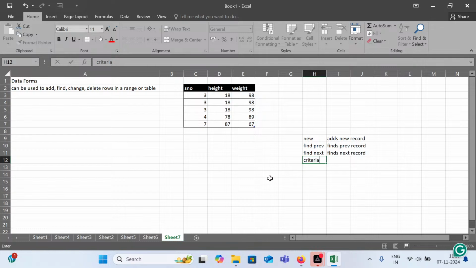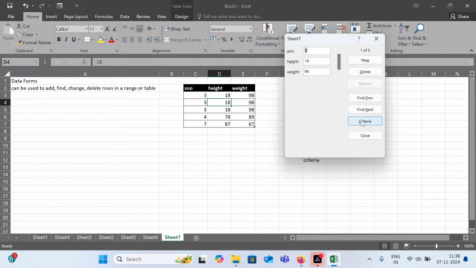Like we can also use, for example, see here, I will show you data forms. In the criteria, since it's a number, you can also pass a number. For example, in the height section, you can also pass less than 20. Okay, you have passed less than 20. Now if you just find next,